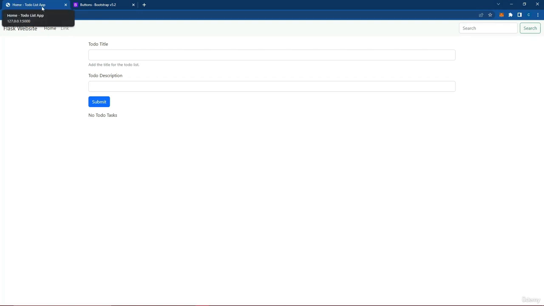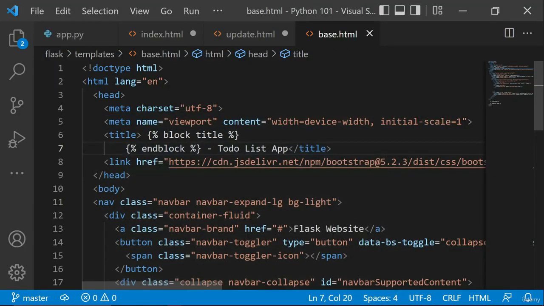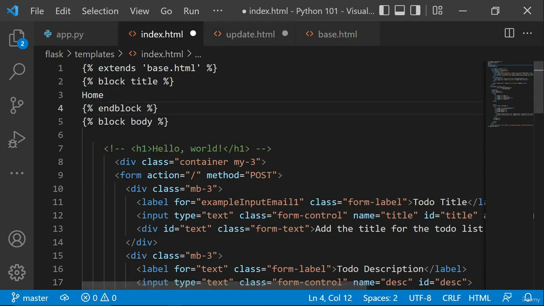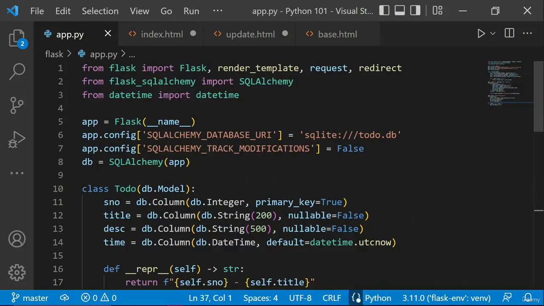as home to-do list app. Now this thing is working. So I have just removed the title from the end block, so we are directly ending this block over here, and we are able to replace the data or the title of the page with the help of this block that we have created. So I think you got a clear idea of how you can add different names to this pages. So once we are done with this, we are going to be moving into our app.py and creating